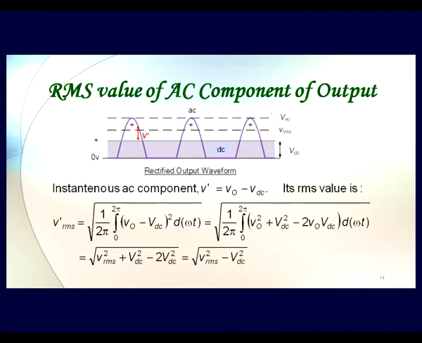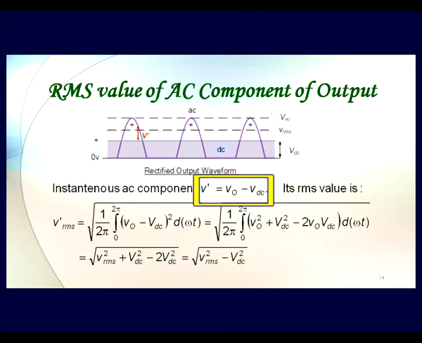Now when we are particularly looking at the instantaneous value of our output signal, this is the output signal I am showing of a half wave rectifier, then what is the instantaneous value? Say for example at this particular point, the instantaneous value, VO instantaneous, is the DC component of the rectifier voltage plus there is some riding instantaneous AC component on it, which I am depicting by V prime. So this instantaneous AC component V prime is nothing but V output, that is the voltage at this point or instantaneously at any point of time, minus VDC.